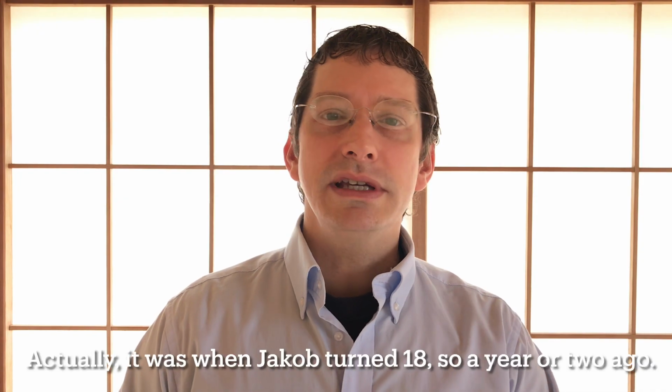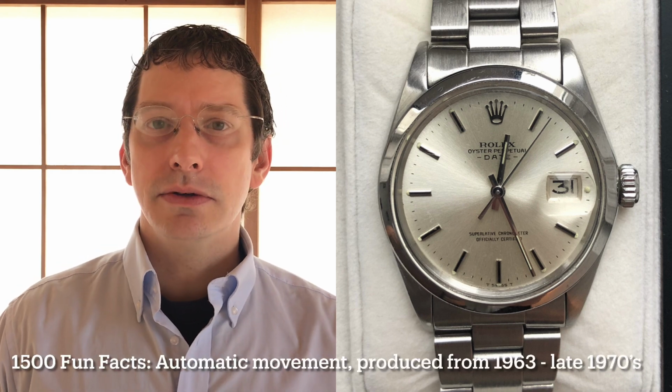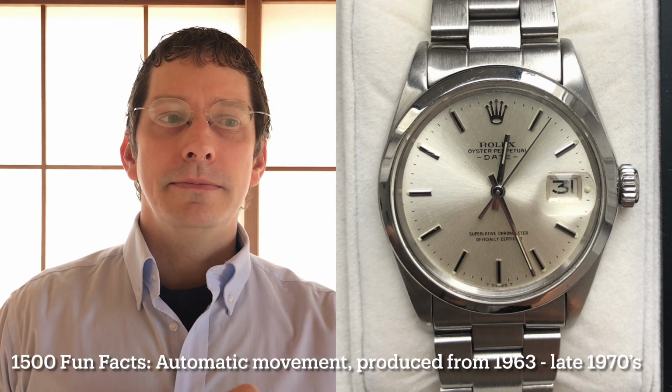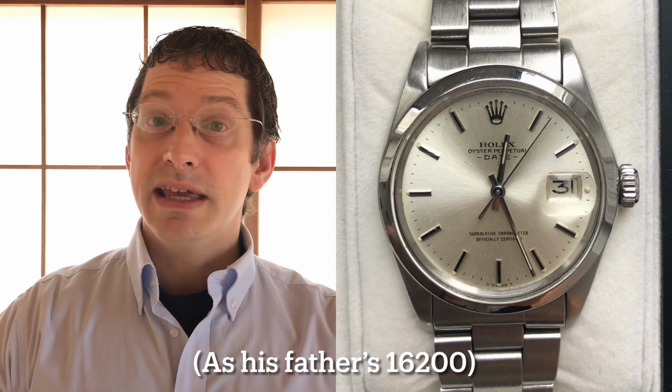love with it. Just recently, his dad gave him his first Rolex, a 1500, all right, a 1500. That's a 34 millimeter acrylic crystalled Oyster date, and it's got this same Oyster bracelet, smooth bezel, and the same dial color. So obviously great first watch, and I've been thinking a lot about why the doctor decided to give